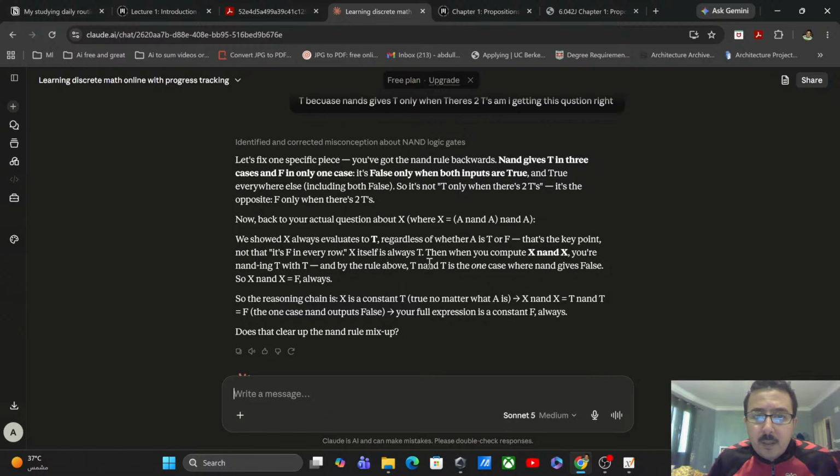So, when you compute your negative false, so x and NAND reasoning chain is a constant T, no matter what A is. The expression